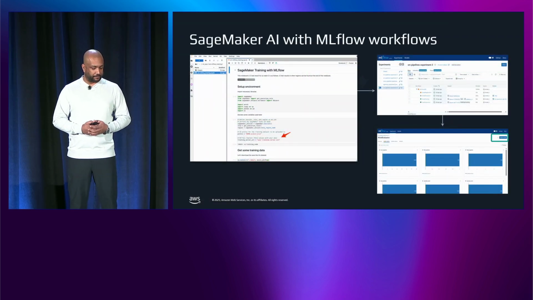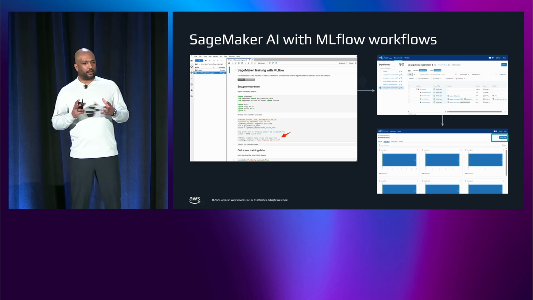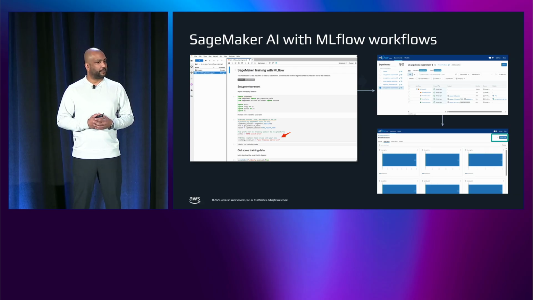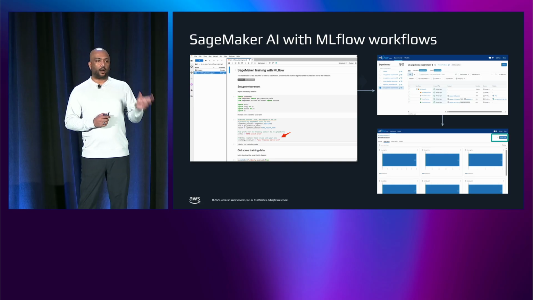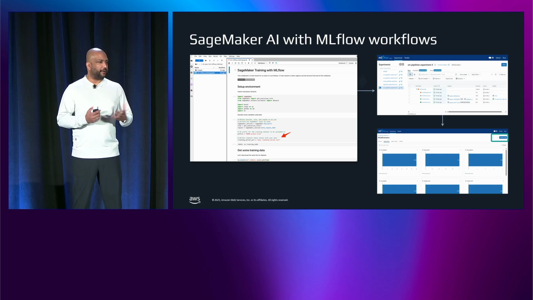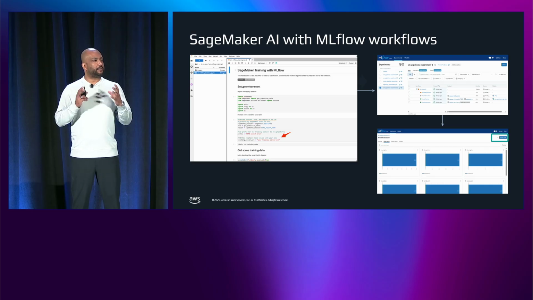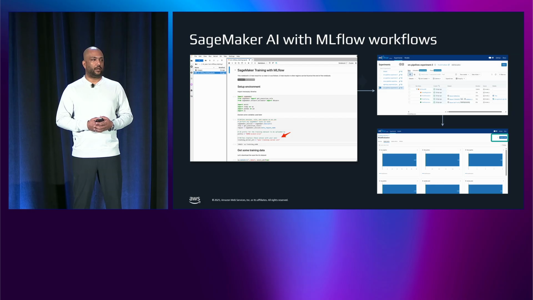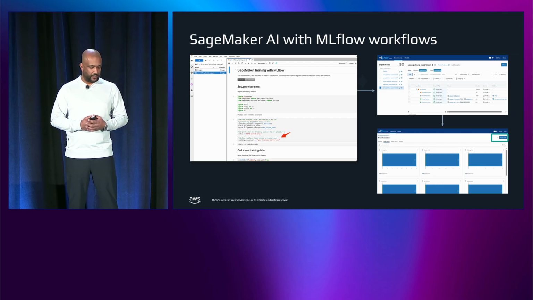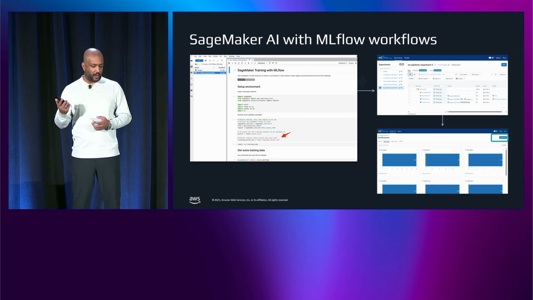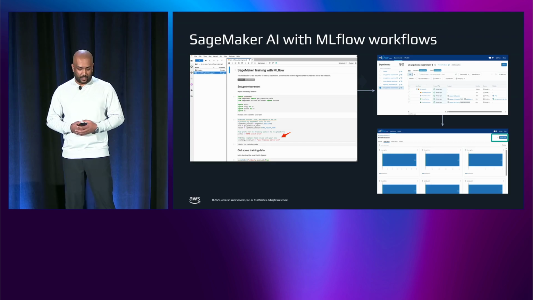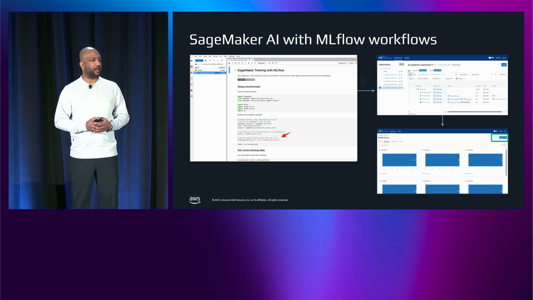It constantly is evolving. So within SageMaker, this is a typical workflow, right? Within your code, as a data scientist, you need to provide an ARN, a resource identifier, a unique identifier, that tells the code where to go log the metrics and model information into the MLflow environment. From that, you're able to navigate to the MLflow UI. You're able to see the metrics and the information that was logged. And then you're able to register and deploy that model. So it's a typical seamless process.